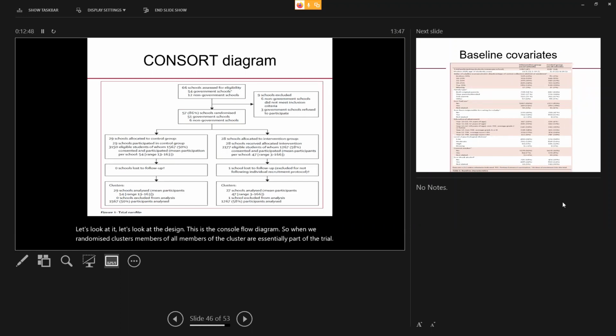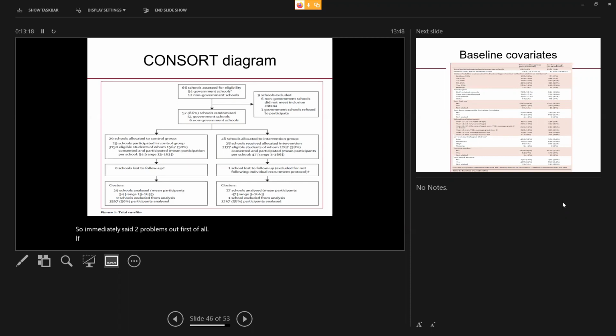Here in the control group, we see that 3,150 women were in that group. Of the women who actually took part in the study, it was only 1,567, or 50%. In the intervention group, only 58% of the women took part in the trial. So immediately we see two problems here. First of all,